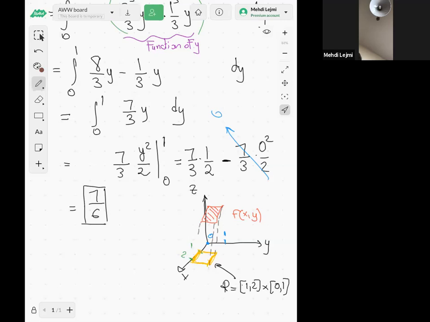I have some solid here, and this would be the volume. So this is my solid S, or my region S. And so this 7 over 6 is supposed to represent the net volume of this solid S, right? Anyway,